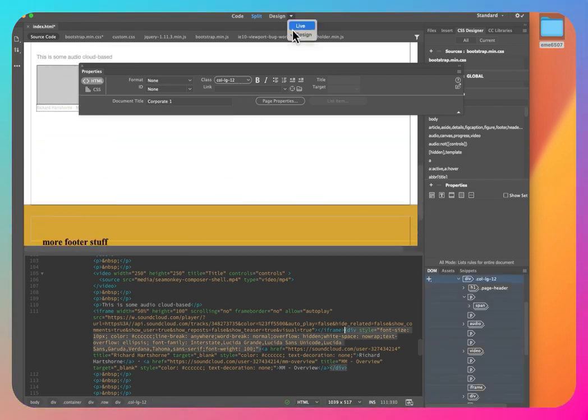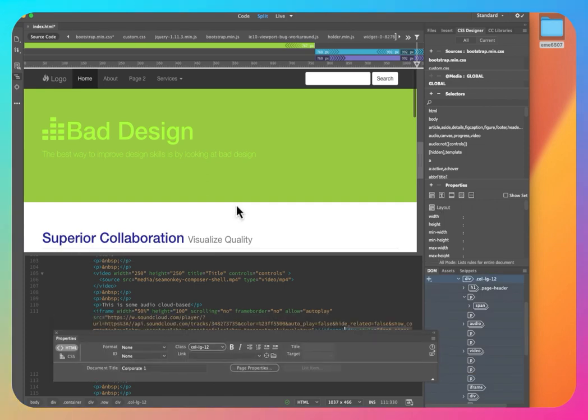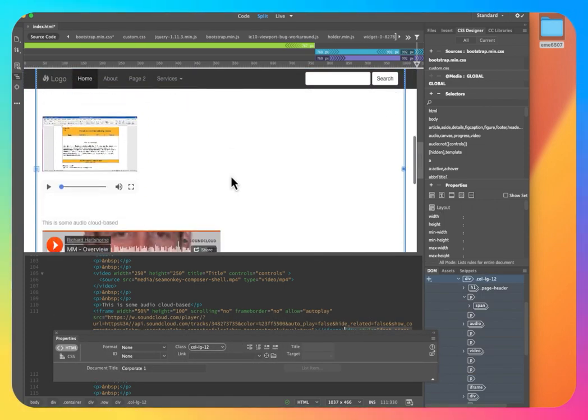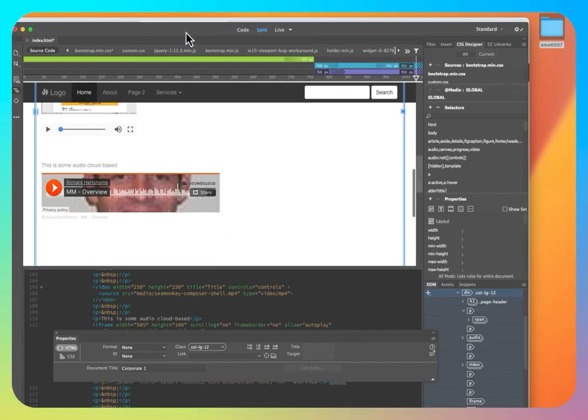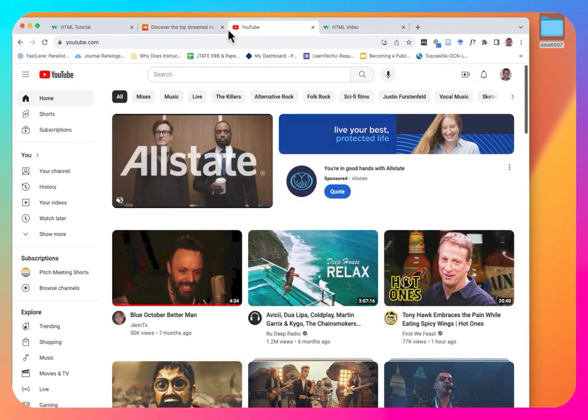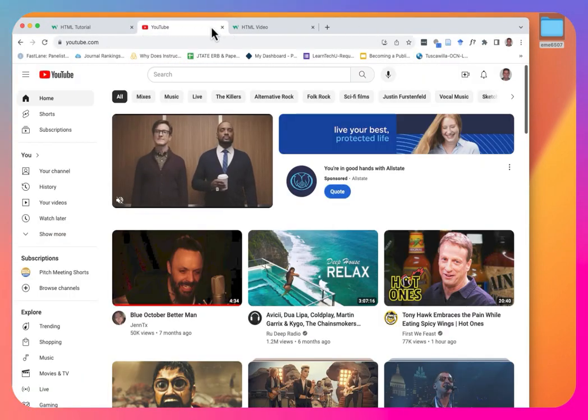And if I go to my live view, kind of scroll down here, you can see it's nice and smaller. You can make it smaller, you can make it bigger. You want it to fit into the design of your page. And then the last thing we'll do with this, before I'm going to touch on a few other things, but